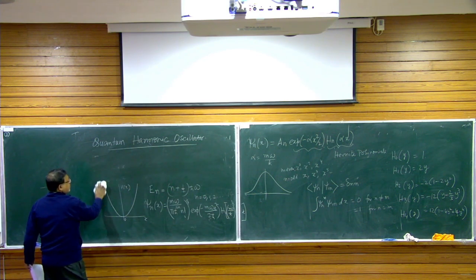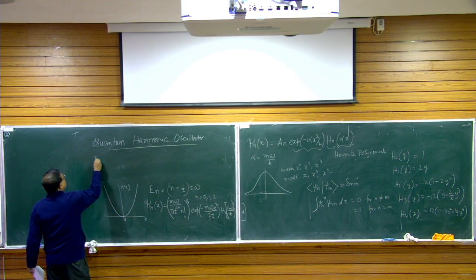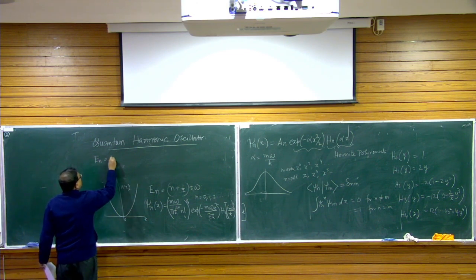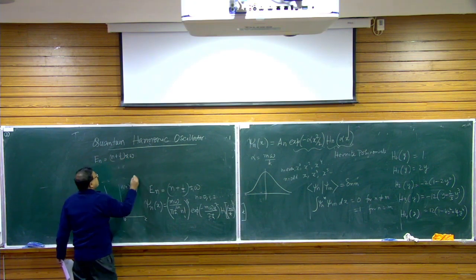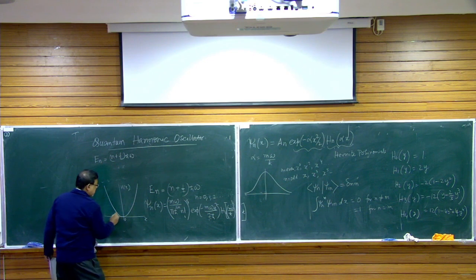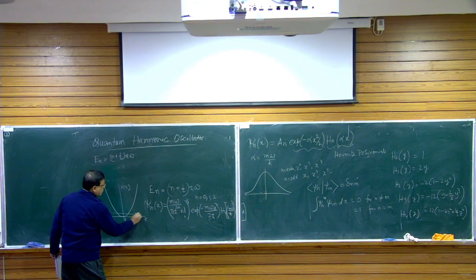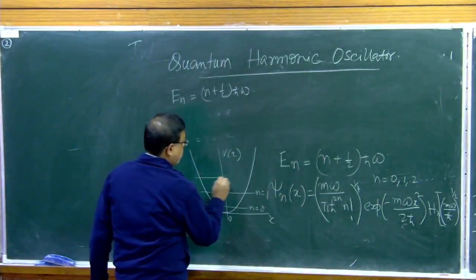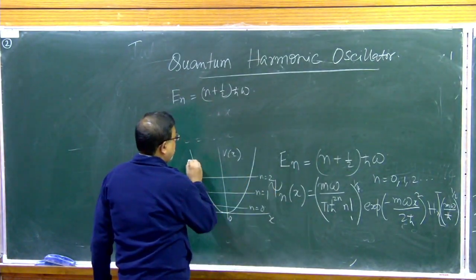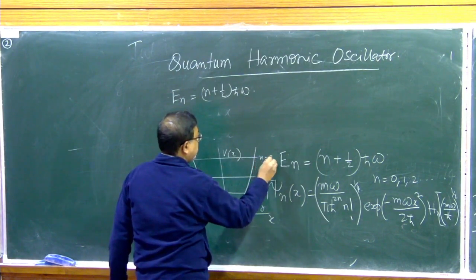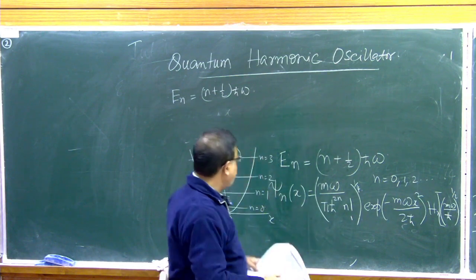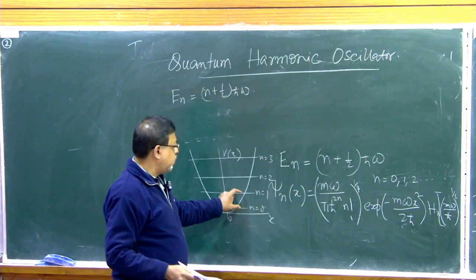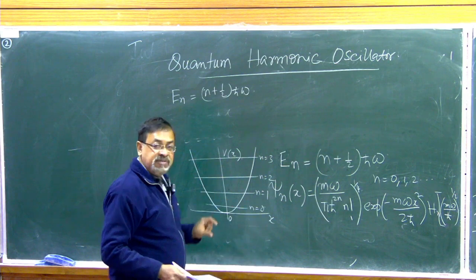So I am writing down the energies, which is n plus half h cross omega, which means that the energies are like, so this is n equal to 0, n equal to 1, n equal to 2, n equal to 3 and so on. Okay. So they will simply keep going in units of h cross omega,